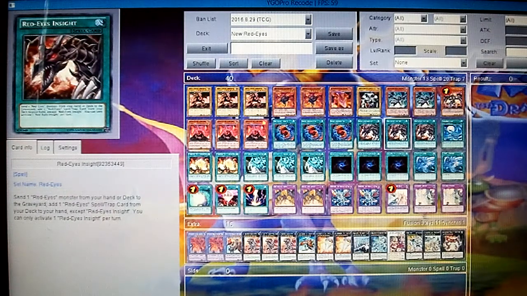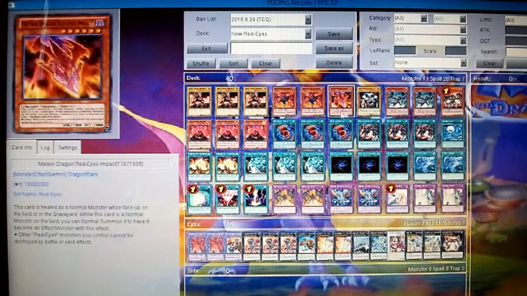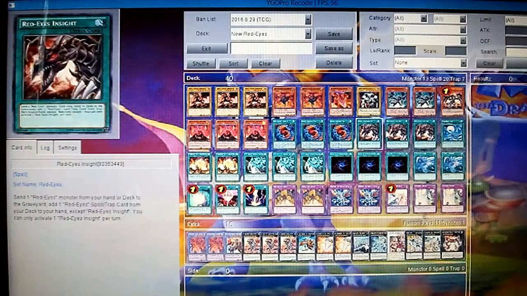This allows you to dump any Rise monster from your deck to the graveyard, which can be either him, or any of these guys. And then you can add any Rise spell/trap card from your deck to hand, except for Rise Insight itself. And you just can't play more than one of it once per turn. But as long as you get a really good search out of this card and you get the right play set up,